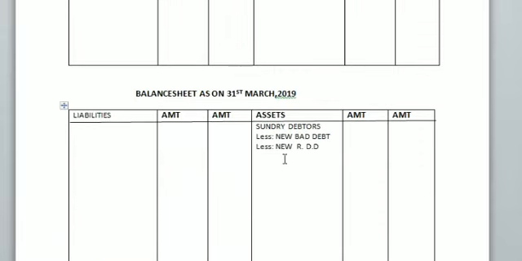Now the second effect. We will write it on the balance sheet, after RDD, that is prepaid advertisement, 2,000 rupees in the outer column. So here 2,000 rupees in the outer column. Yes, now we'll proceed with the next.